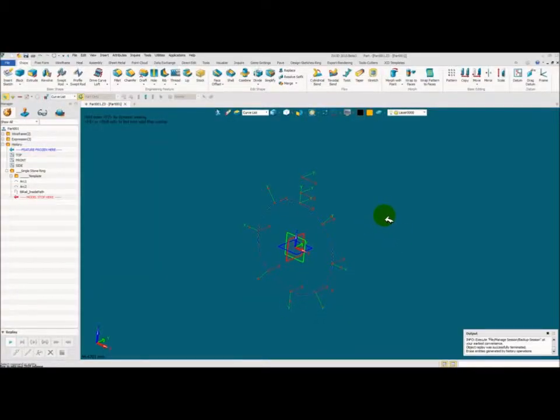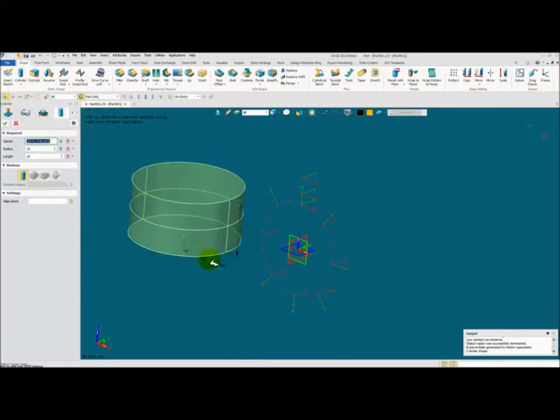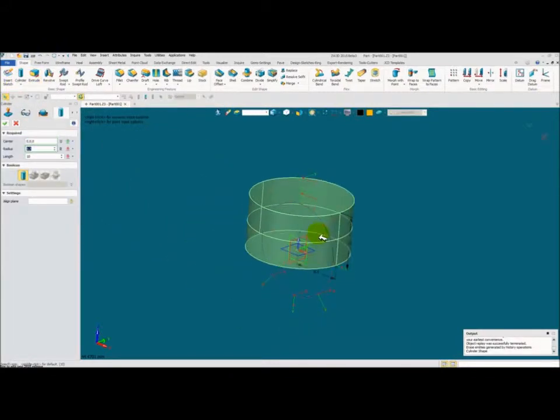Okay, in this tutorial I'm going to show you how to edit text, but I need you to keep in mind this is for 2015 coming up. It's not in 2014. This is a 2015 feature. Okay, so the first thing I'm going to do is, we'll create a cylinder on the origin,